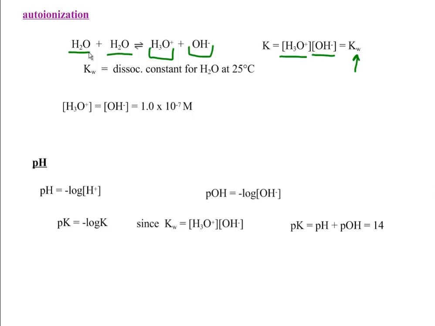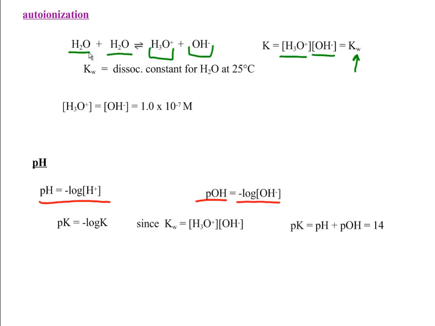The definition of pH is the negative log of the hydrogen ion concentration. So that means you need to remember how to use the log button and the inverse log button on your calculator. So we take the hydrogen ion concentration, we take the log of it, and then we take the negative, because the log of these numbers are going to be negative values. We also have something called pOH. To find the pOH, we're going to take the negative log of the